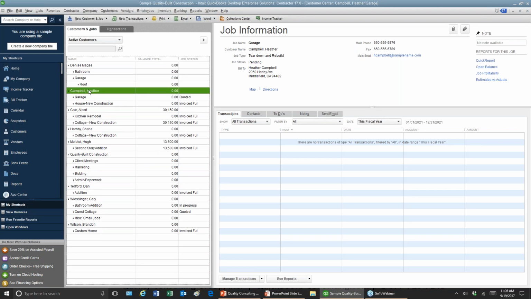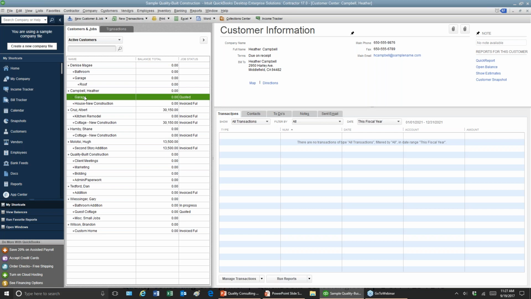You'll notice if I click on the customer itself, I have several reports over on the right-hand side, and if you don't have that control panel moved over, you won't see it. It's going to be underneath that control panel. But if you had moved it or shrunk it down, you'll see that under the main customer, we have a quick report, open balance, where you can show the estimates, and also the customer snapshot.